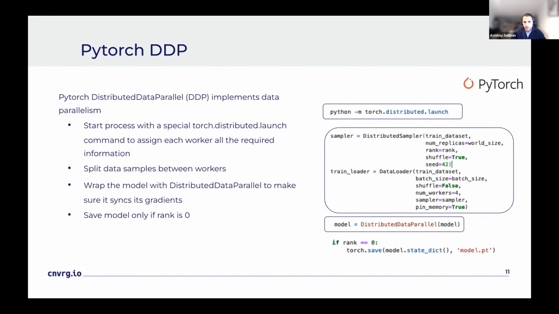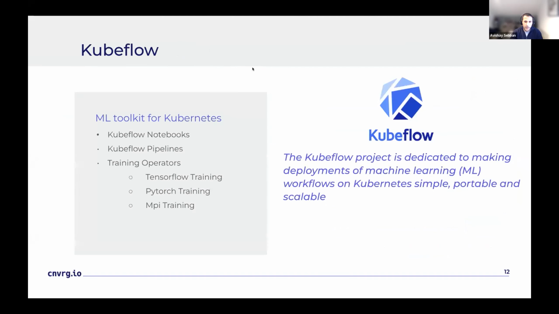And by saving the model on the first worker, you can ensure that only one copy of the model is saved and avoid conflicts that might arise from multiple workers trying to save the file simultaneously. But deploying PyTorch requires communication between processes, and it can be very challenging. And one of the tools that can help us to address communication challenges is actually Kubeflow.